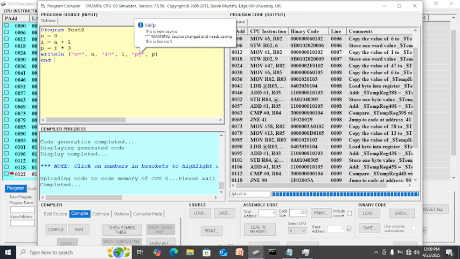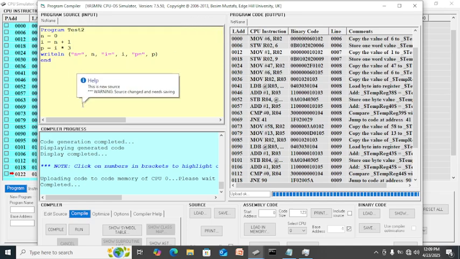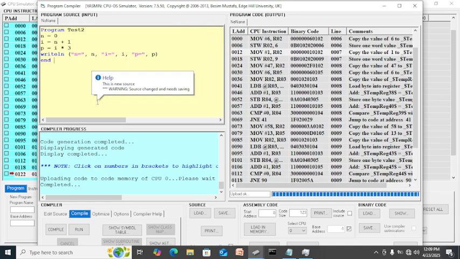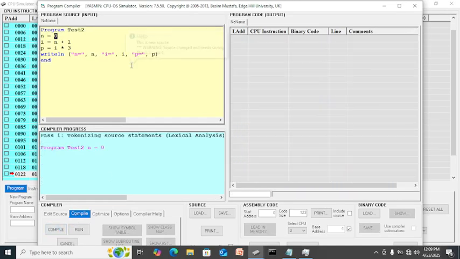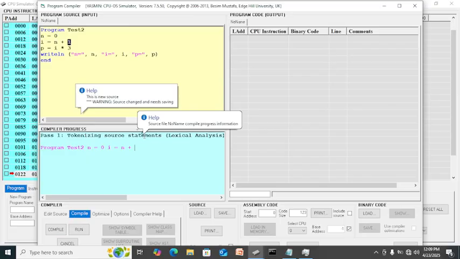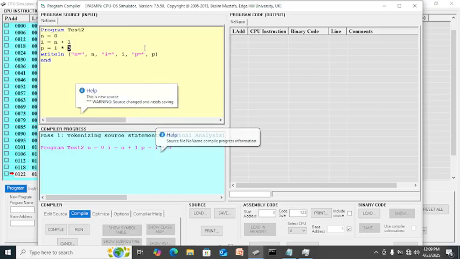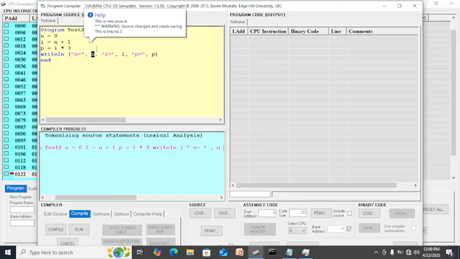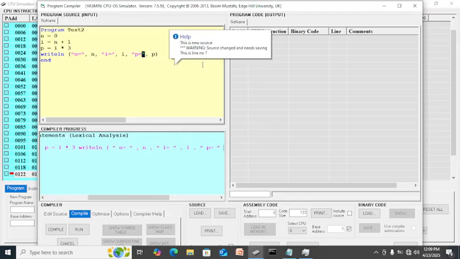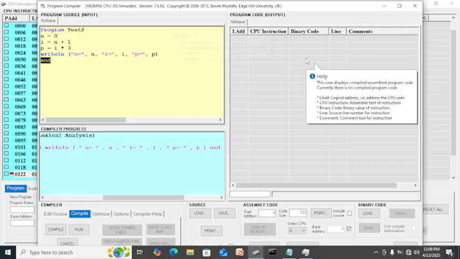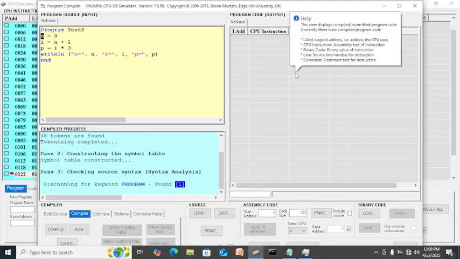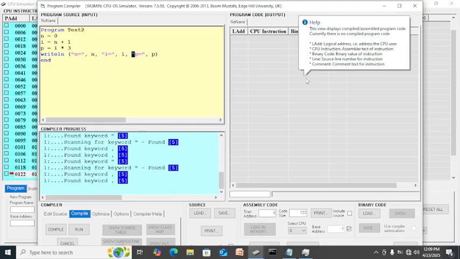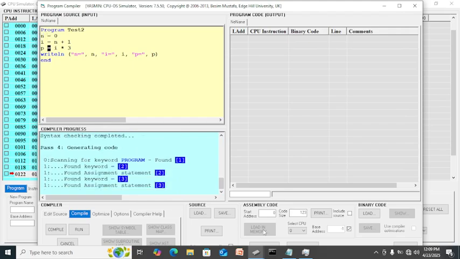You see, there is a color now, meaning that is a variable. Okay, so write line N and compile. So it will be tokenizing. So this is how we compile. It is compiling, then creating the CPU code here. After creating the code, we are going to load that into memory.